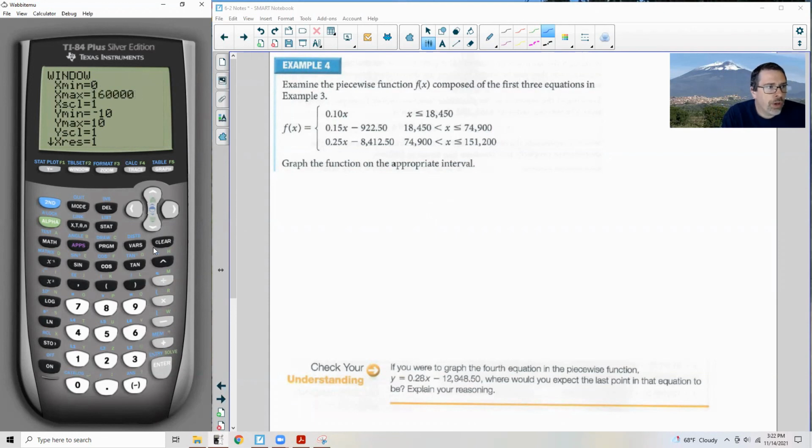And then our scale being 1 is going to be way too small. So let's make the scale, the book suggests, we can mess around with this, but let's make the scale 20,000. That means every one would be 20,000 because we're going so large. So make that 20,000. Y minimum is going to be 0. We don't want negatives. And the Y maximum is going to be our maximum tax, which let's do $35,000. Okay, and the Y scale, let's make it 5,000. So that's adjusting your scale. Then when we hit graph,